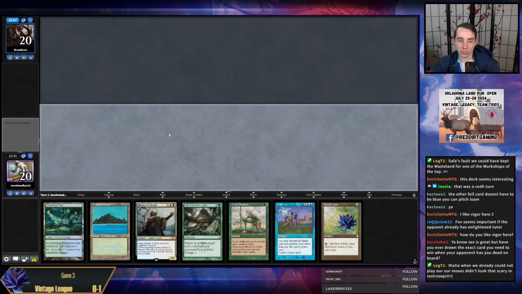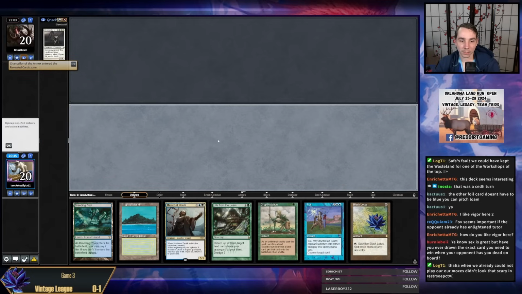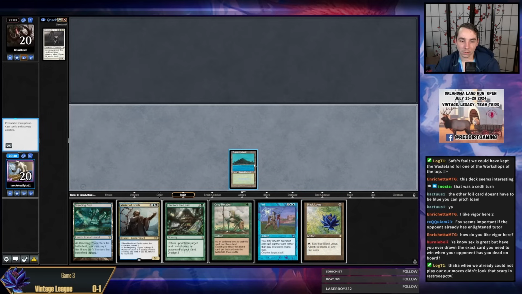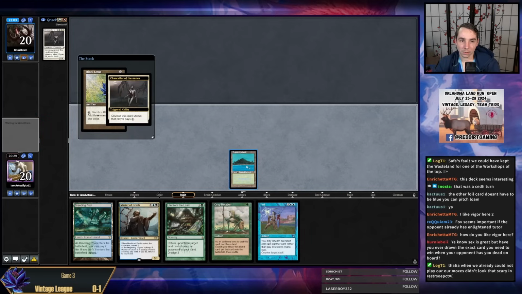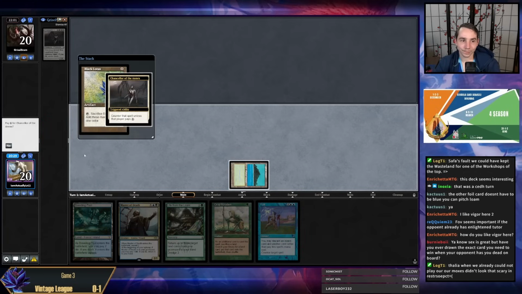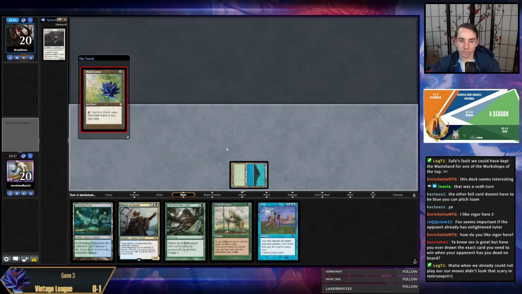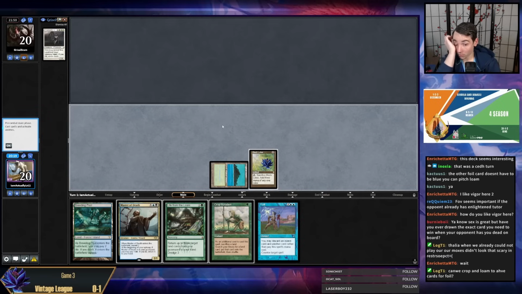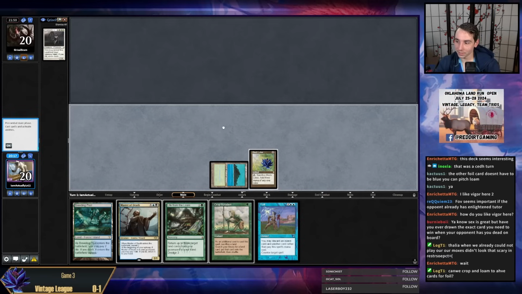Don't know if this is actually good enough, but I really want to try. So, Chancellor of the Annex. It's pretty annoying. That's extremely annoying here. So I guess what I could do, I can't really just crop rotate loam here. That doesn't really do it. I mean, I have the cards to foil. I just...